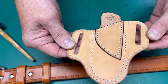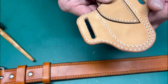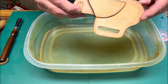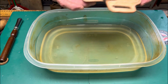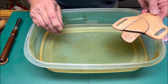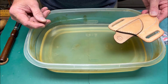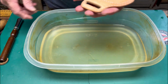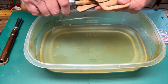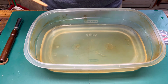So I'm going to go ahead and finish the slots burnishing off camera, and we'll come back. So now we're ready to do the final wet molding. Again, we're going to go from flat to fat, and what I do is I take water and saddle soap, and that helps to lubricate the fibers. We're going to go ahead and open the sheath up a little bit. Now I will tell you that once we start the process, it's going to be snug, and that's what we want. So let's open that up a little bit